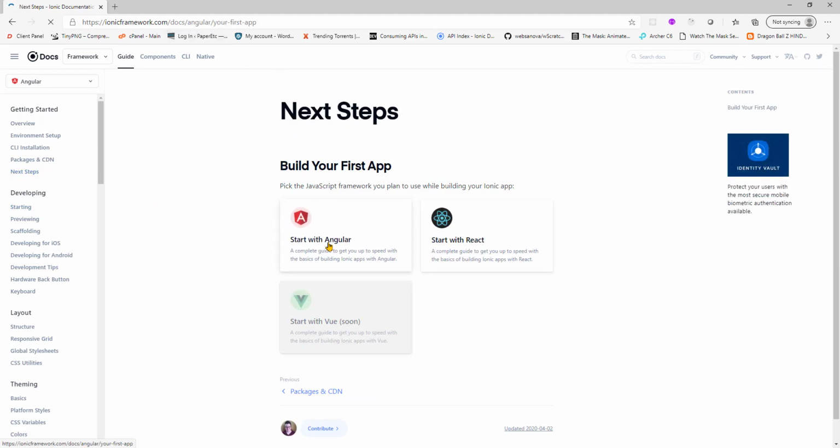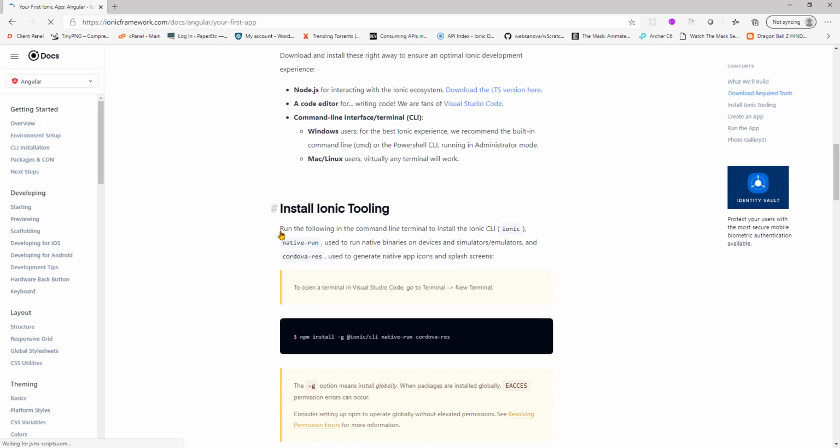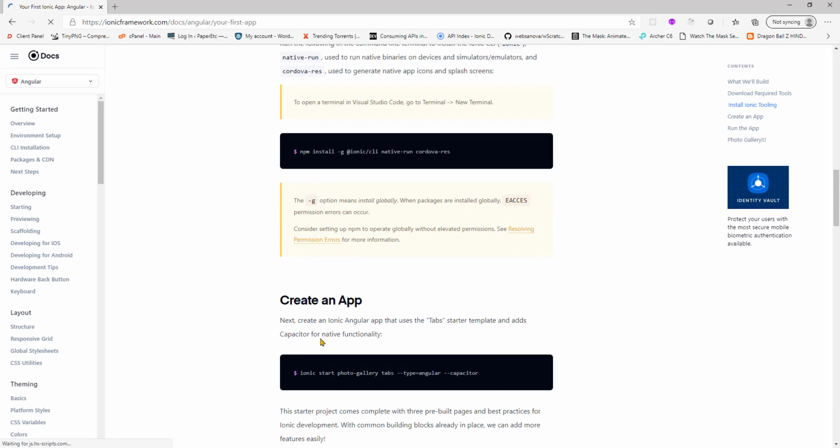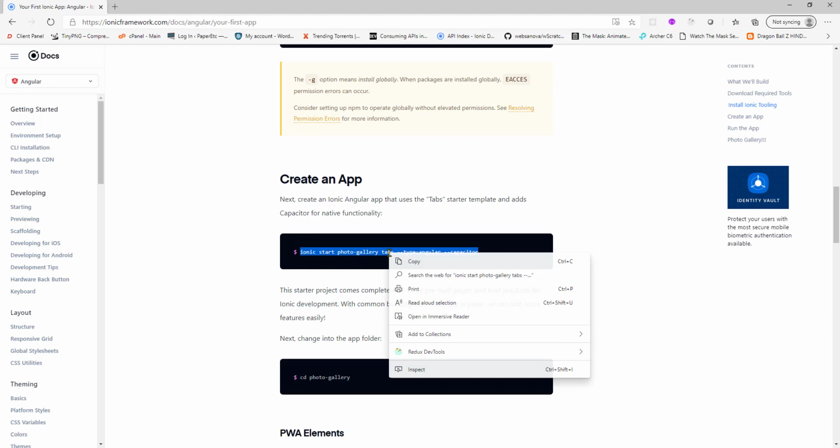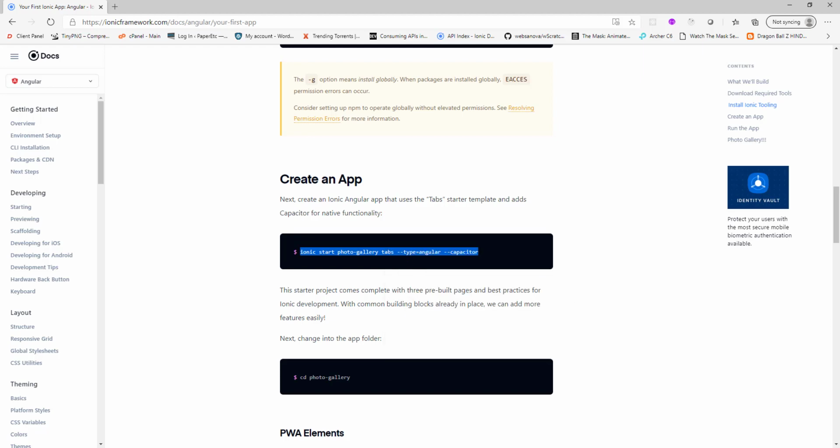Okay, start with Angular. So you go here, copy this command, not the one which says Cordova, because Cordova is outdated now. So we should be using Capacitor, and we will be using the tabs starter template. Okay, so copy this command, go to your command prompt in admin mode,